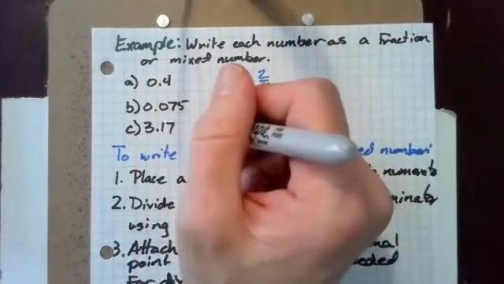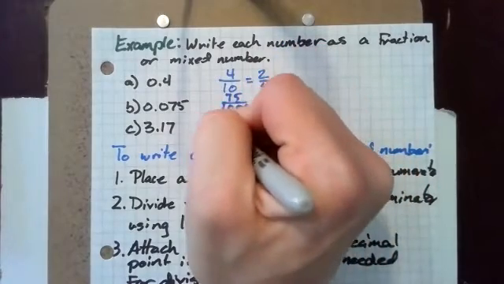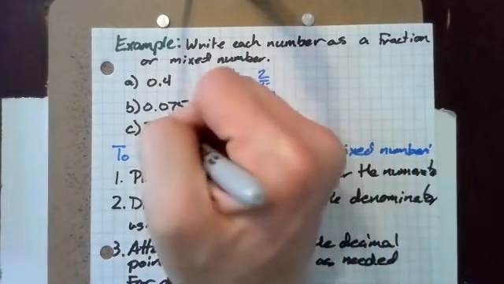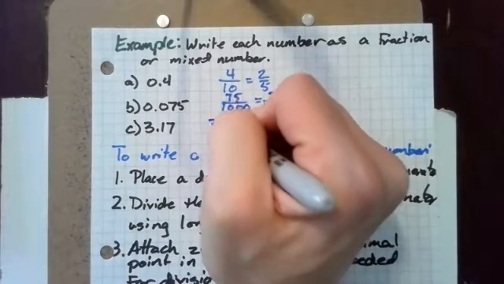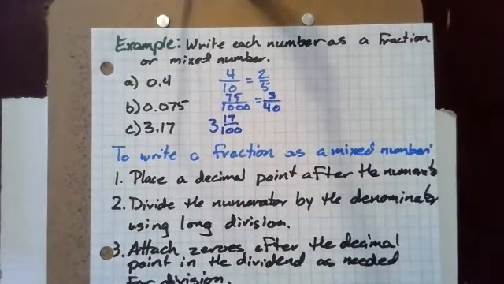The whole number part is going to stay the same. So that's 3 and 17/100. And 17 and 100 do not have any common factors, so we're done there. We just have to write it as 3 and 17/100. So to write a fraction as a decimal,